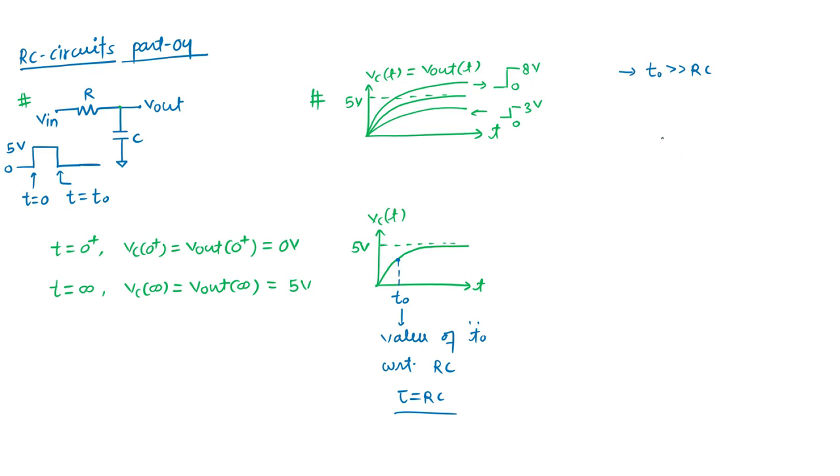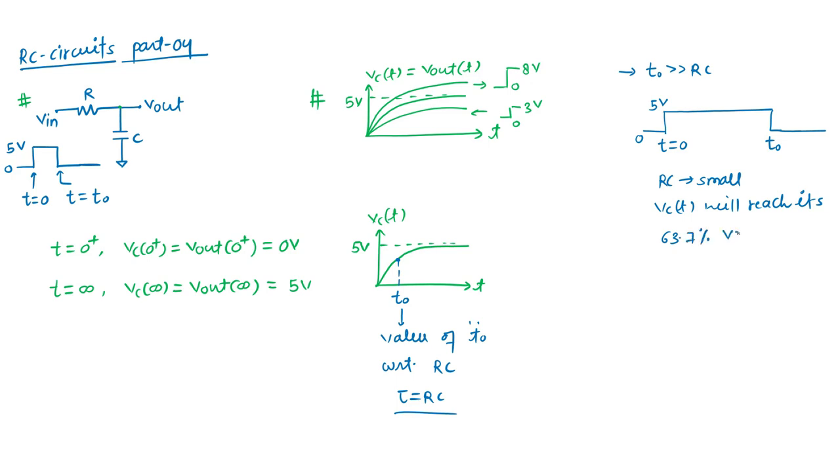In that sense, let's say my input comes from 0 to 5 volt at t equal to 0, and after that it stays there for a long time. And let's say this t naught is somewhere here, which is very much greater than RC, because RC is much smaller than the time t naught. So what does RC small mean? This output VC(t) will reach